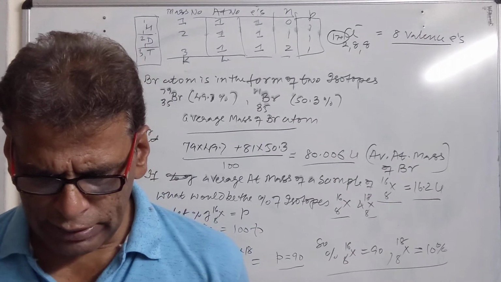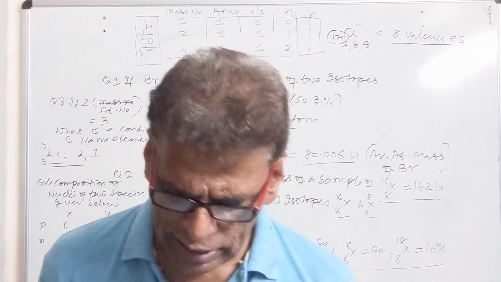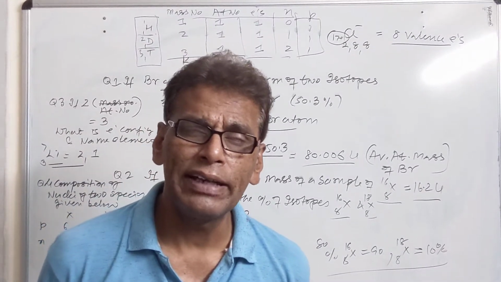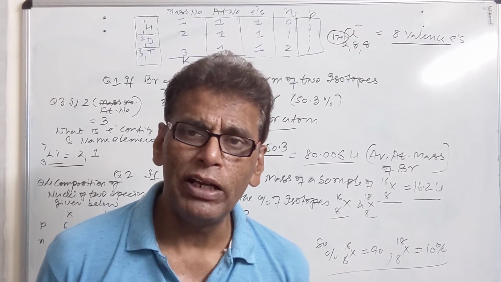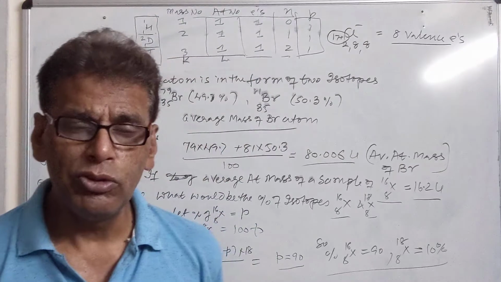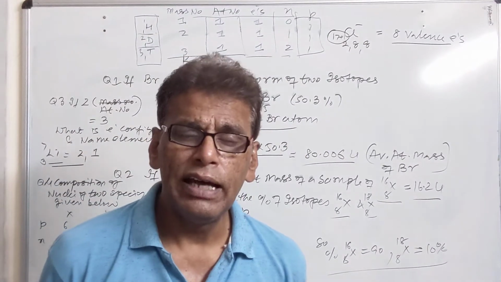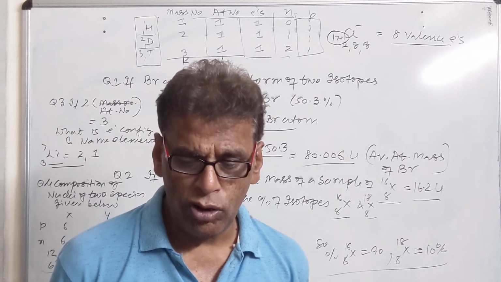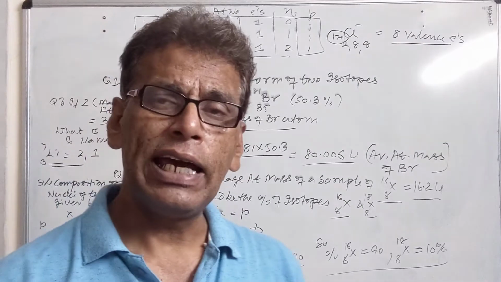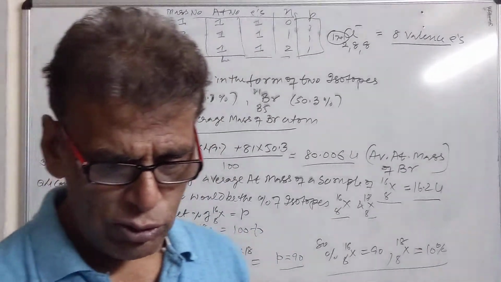Then we have the next question: which one of the following is the correct electronic configuration of sodium? The first configuration is 2, 8, which makes 10. Sodium does not have atomic number 10, it has atomic number 11. The second choice is 2, 8, 1, this is the correct choice. The third choice is 8, 2, 1, that is wrong. Then we have 2, 1, 8, that is also wrong. It should be 2 in the K shell, 8 in the L shell and 1 in the M shell. So that choice is okay here.